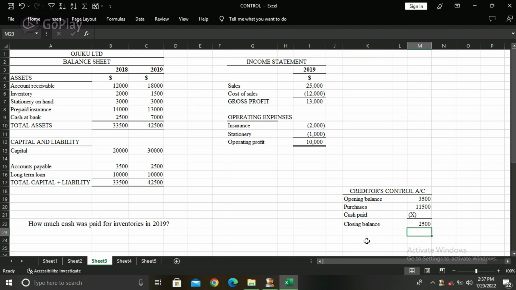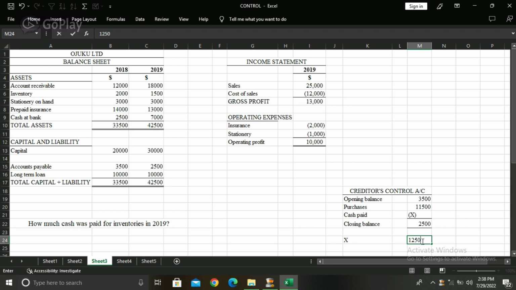So doing it mathematically, you can do it 3,500 plus 11,500 minus X is equal to 2,500. Then you find for your X. So that's one of the easy ways to go by it if you cannot look at it logically and then calculate it straightforward as I'm doing. So if you do it like that, you realize that the amount of money paid for inventory during 2019 is